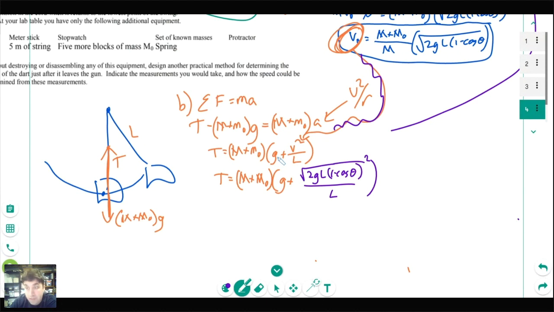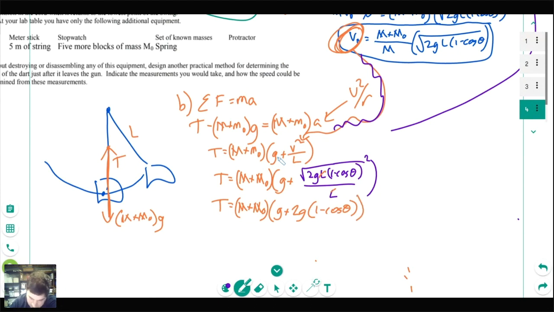General rule of thumb, the math here shouldn't be super messy, shouldn't be super complicated. If it looks like you're getting somewhere that's way too messy, it's probably not the right math equation, or like in that case, you're trying to plug in the wrong number. Okay. So continuing on here, tension m plus m naught times g plus 2g 1 minus cos theta. Square it, we can drop the L's off.